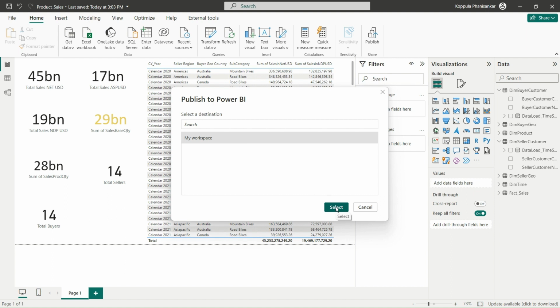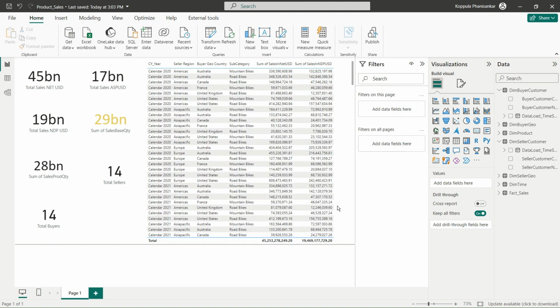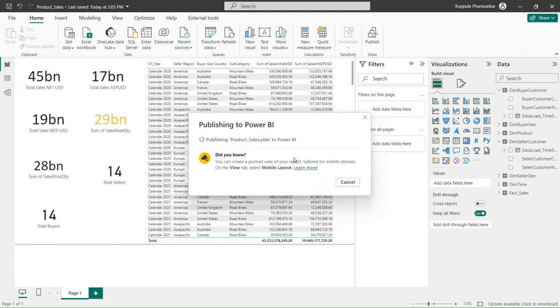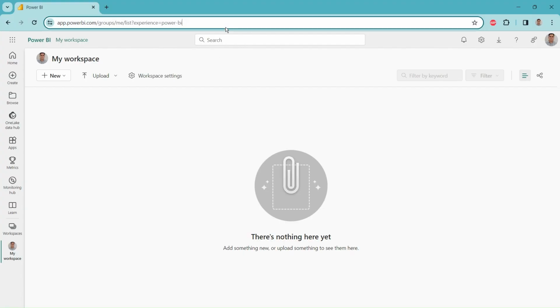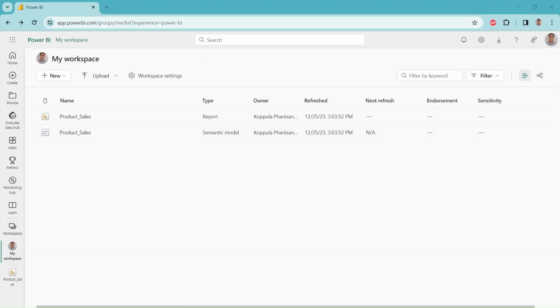Workspace is nothing but, once your profile is set up, there will be some space allocated to your profile to deploy your own Power BI dashboard. That's called workspace. And then click on that, select this workspace. Once I selected, my Power BI dashboard will be published from my local to the service. Now you can see here, it's published successfully. Now I go here and refresh my page. Here is my dashboard, deployed to my workspace,